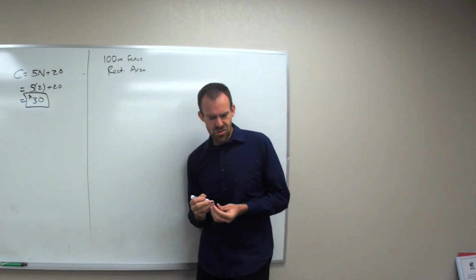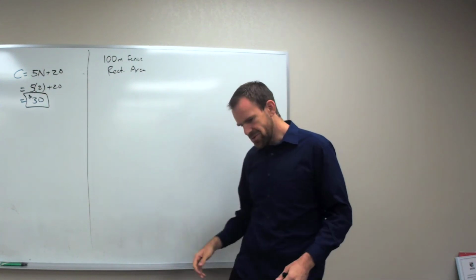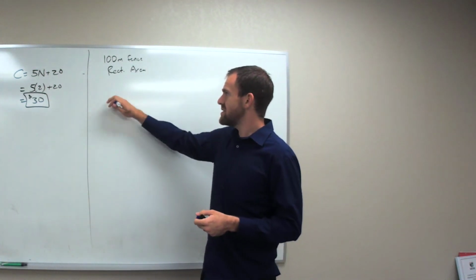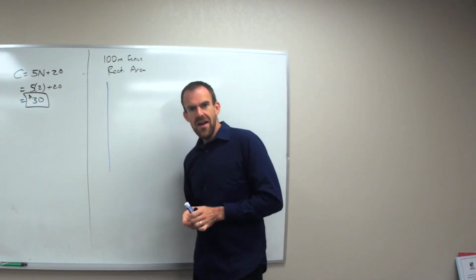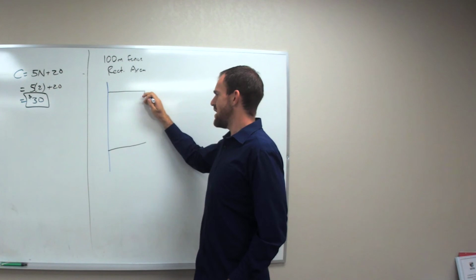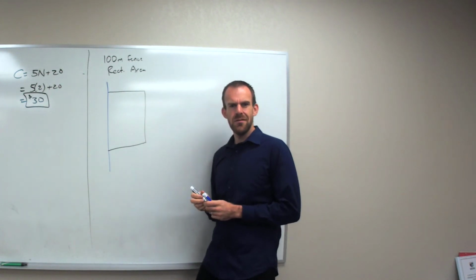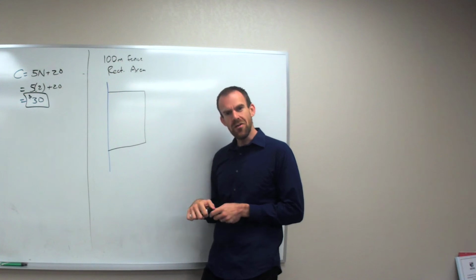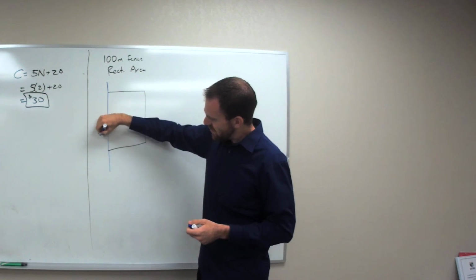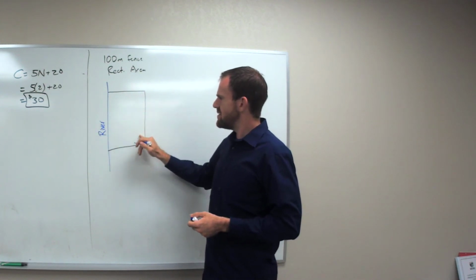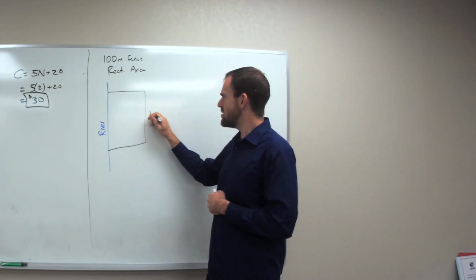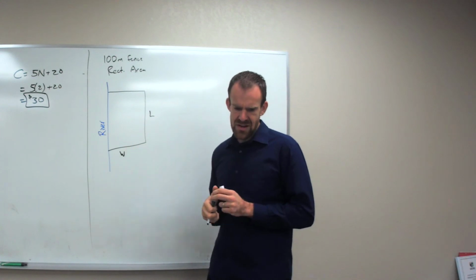So sometimes it's nice to draw a picture, and I cannot find my blue marker, which is sad. It's on the floor. Oh. All right, so we have a river on this side, let's just say, and then we have a rectangular area. Obviously, we do not need fence on the river side. That might not be obvious to you if you have animals who like to swim in a river. But regardless, this is my picture. So I've got the river side here where I don't need a fence, but I do need fencing on this side. So if L is the length of the side parallel to the river and W is the other side,